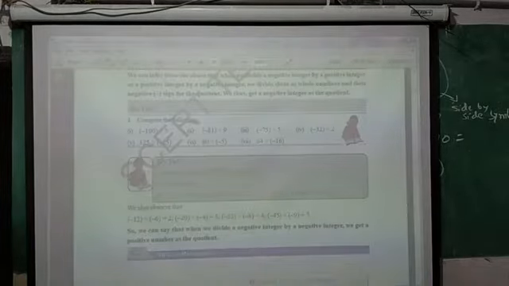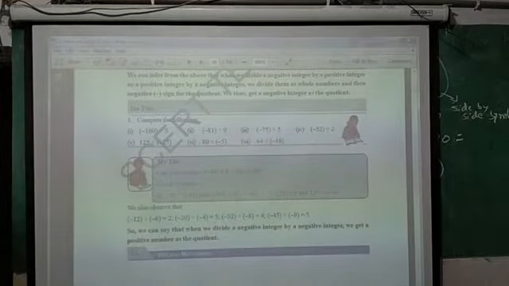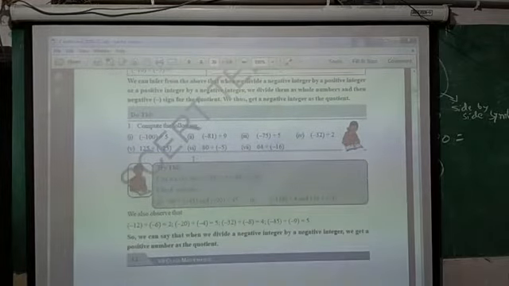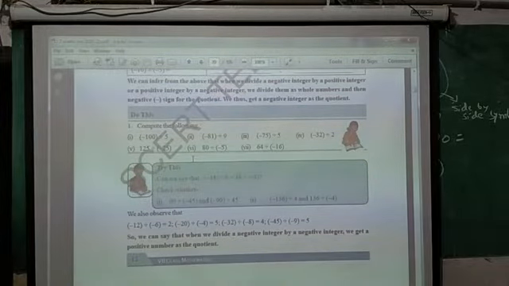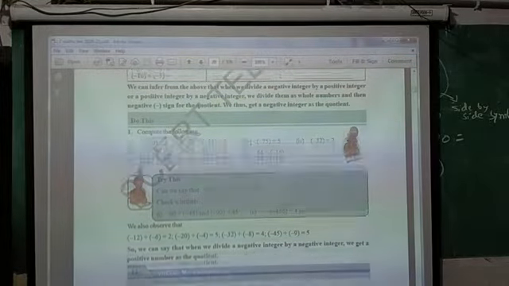So I think now you are all able to watch the screen. This is a 7th class textbook. This is page number 12. All of you open your textbook also. Open page number 12 and just watch what is here.